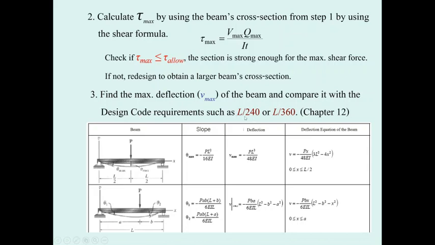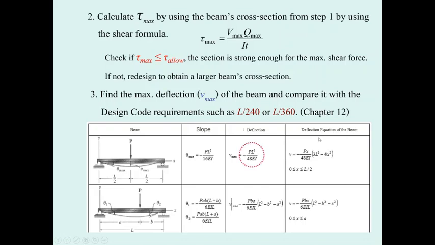For a beam without a wall under it, that is going to be the span divided by 240. If the beam has a wall, a brick wall under it, the allowable deflection is going to be less. It's going to be the span divided by 360. You may go to chapter 12 of mechanics of materials to check this one out. Okay,